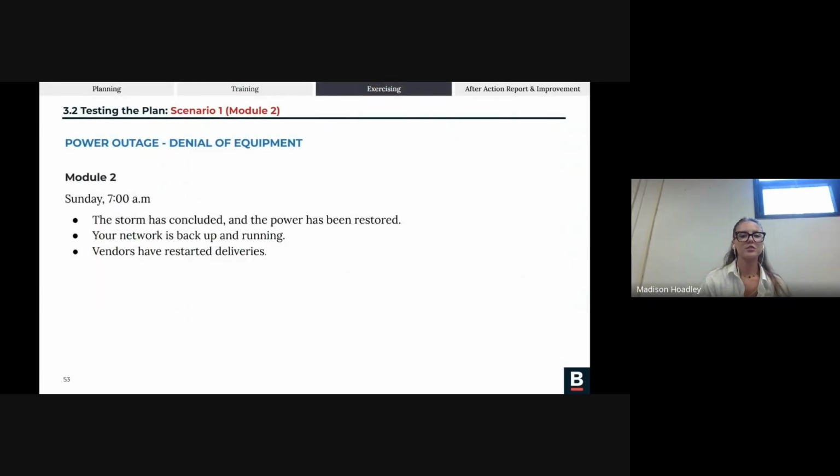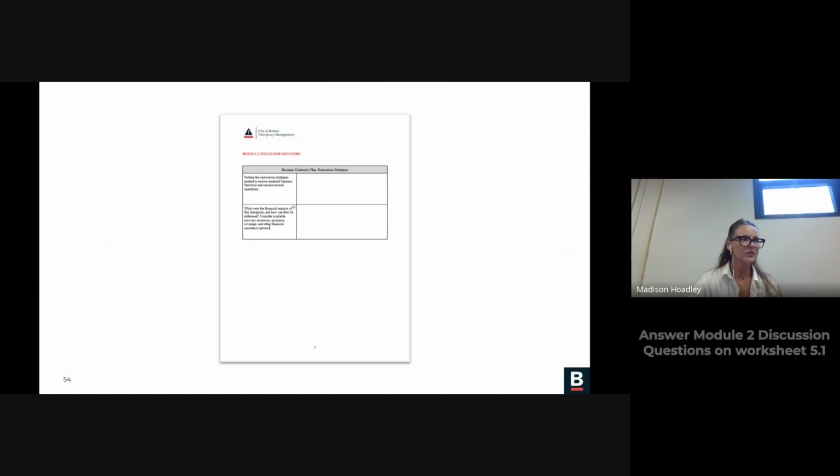So once you've answered those Module 1 questions, you're going to move to Module 2. And like I said, things are starting to go back to normal. So it's Sunday at 7 a.m. The storm has concluded and the power has been restored. Your network is back up and running, and vendors have restarted deliveries. So after we have looked at the Module 2 part of the scenario, we're going to move to the Module 2 discussion questions. And you're going to see those again on your 5.1 worksheet,